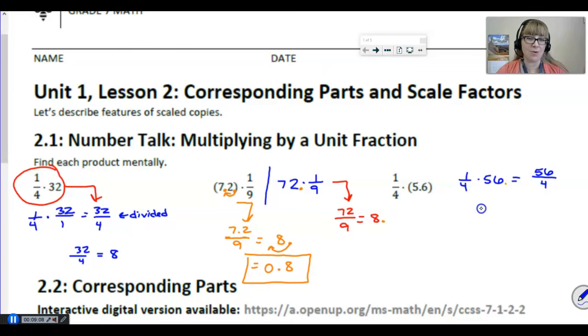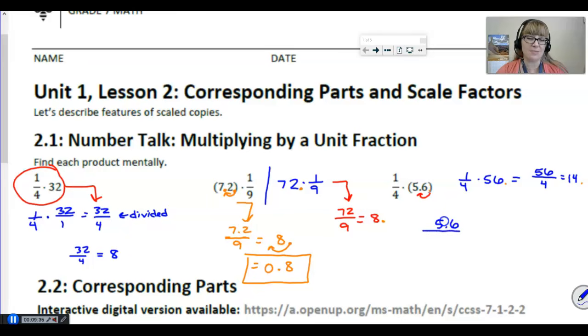56 divided by 4 is 14. Again, notice where that decimal place is. It's after the 4. So if I'm going to make this adjustment, the decimal place that was at the end after the 6 has now been moved over to in between the 5 and the 6, we're moving that over one place. We're still going to go through this process and recognize that 1/4 times 5 6/10 is